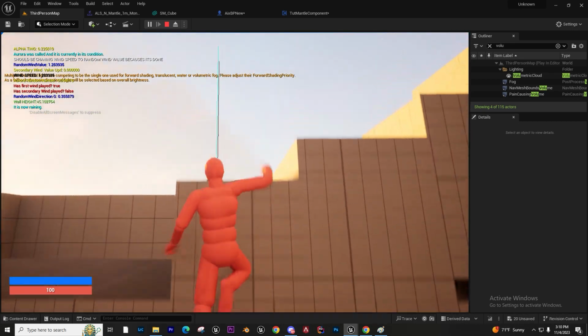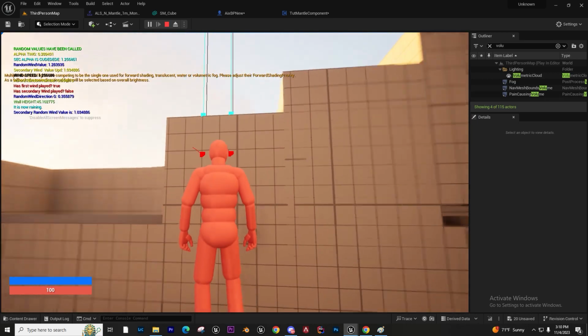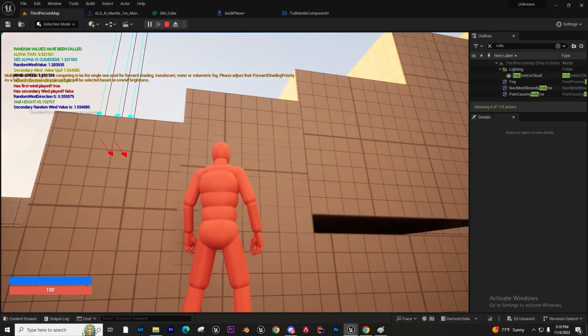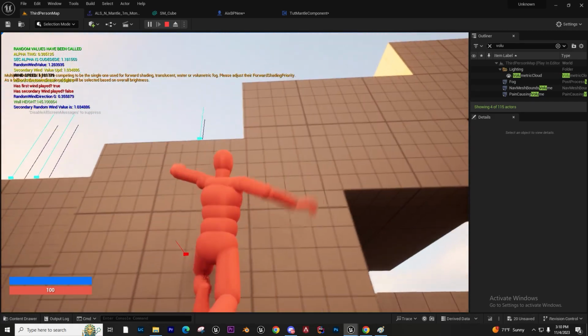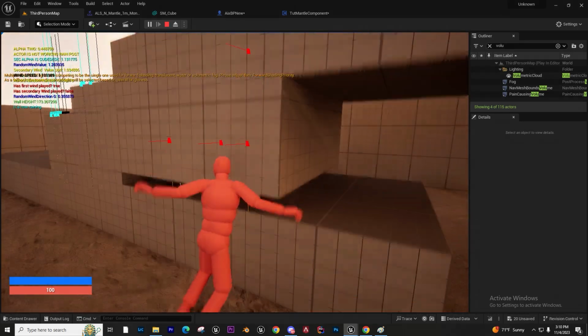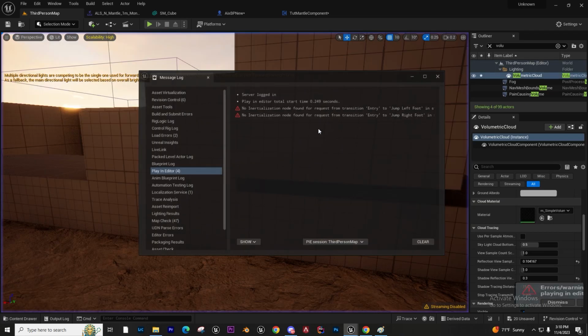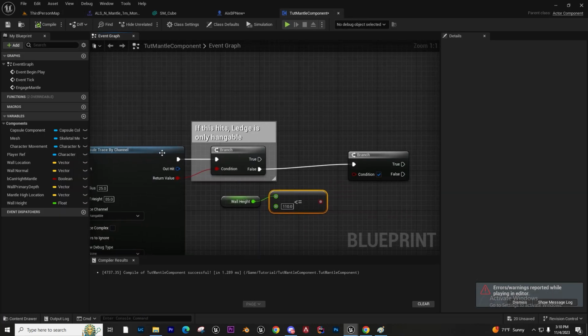That's 45, so that should be instant wall. This one is 92. So we shouldn't be able to jump up here. That's unnatural, at least for me. So using this, we can just say if it's less than 110,